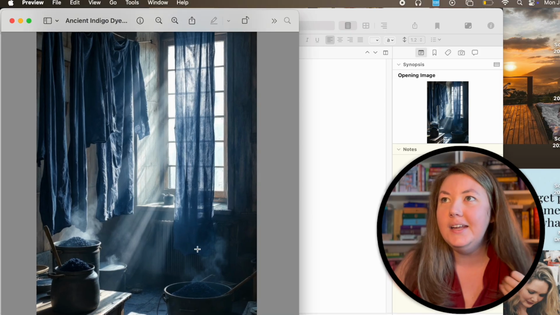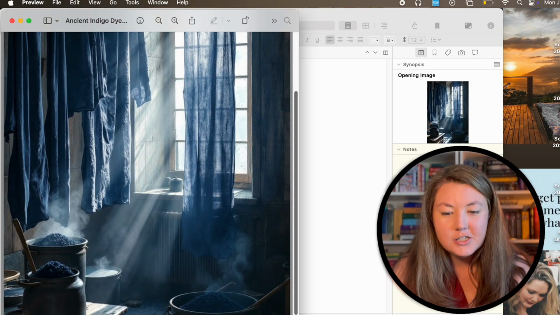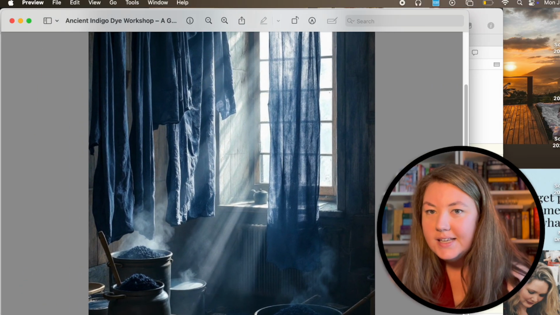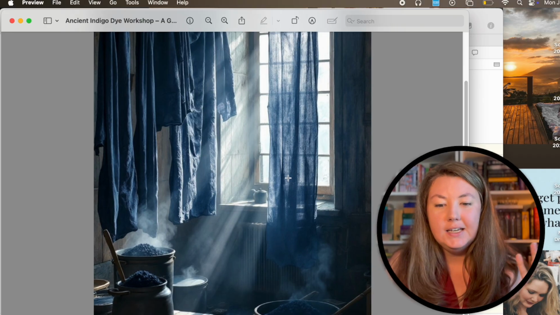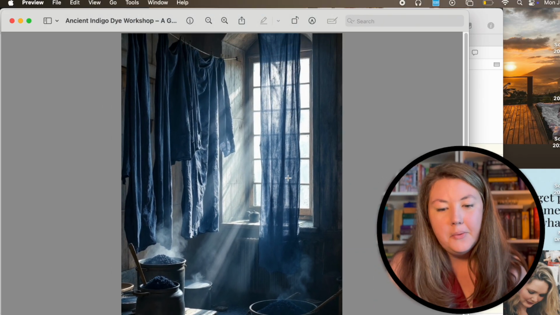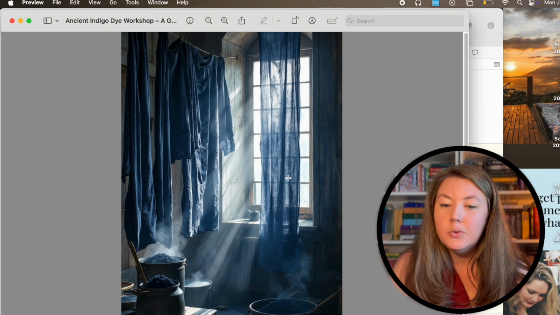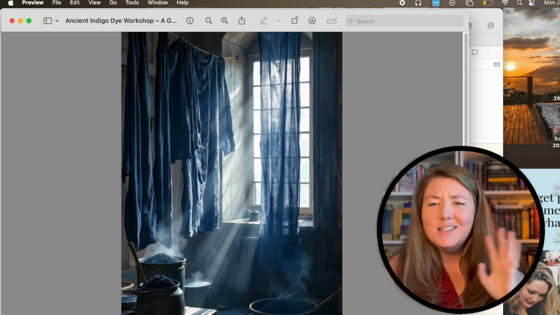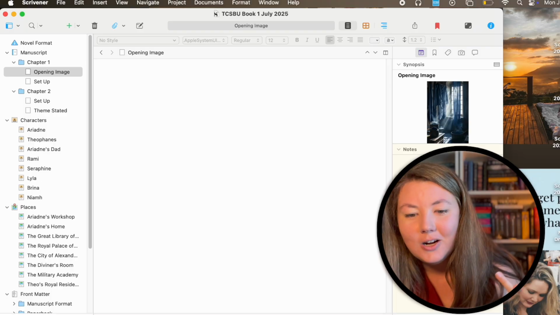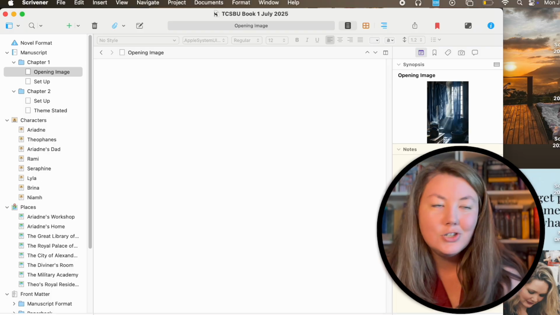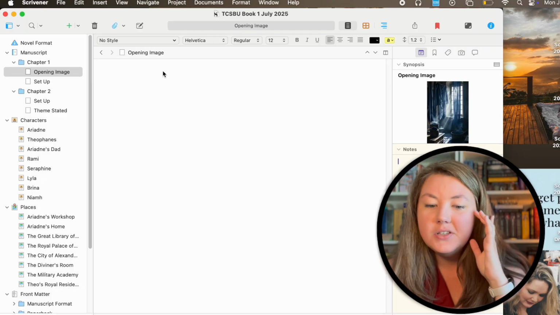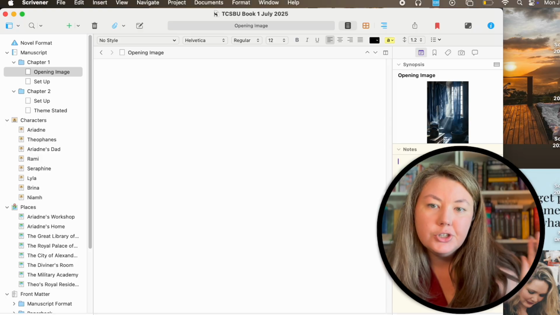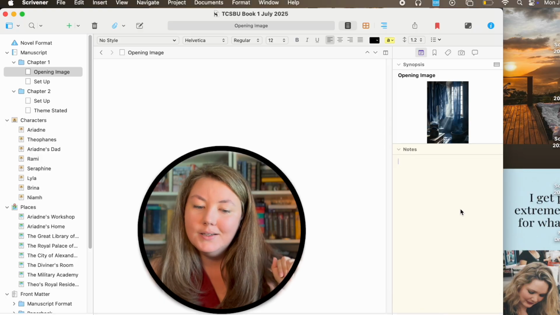She's working on some commissioned orders for specific dresses, and you can see everything's kind of a mess. There's stuff everywhere, and we're talking about the light streaming in through the coverings. Now this is not an exact picture of what I wanted, but I went on Pinterest, looked around, had some concepts of this so that I could really capture the vibes of what I wanted my opening